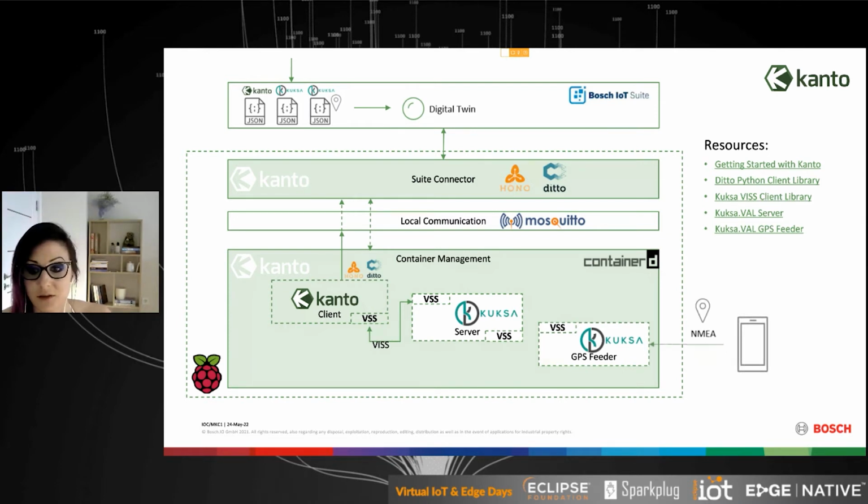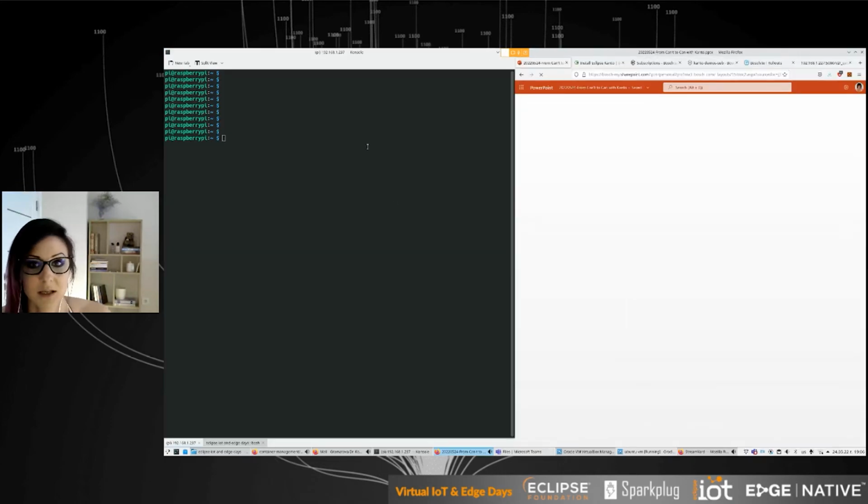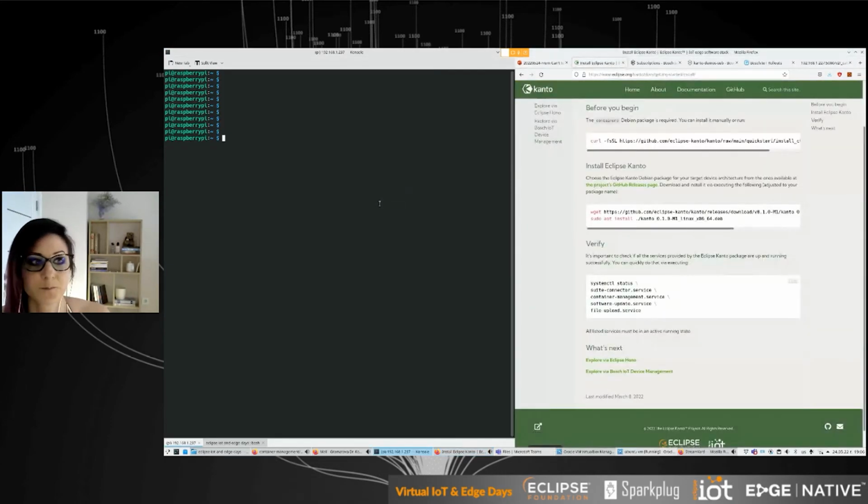What it essentially does is receive GPS data from a car. In our case, it will be just a smartphone car, using one test phone here. It transfers the data to the Kuksa Val server, where, via the Kanto client, which makes the needed transformations, the data is sent to the digital twin in the cloud and is then visible in the cloud as well. So without much talking, let's see what we have here.